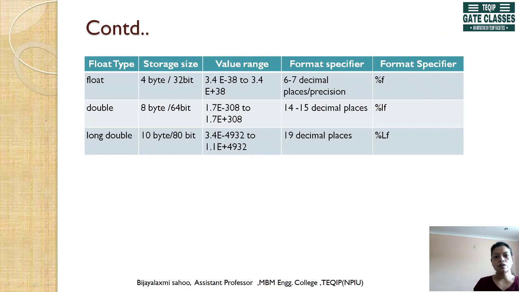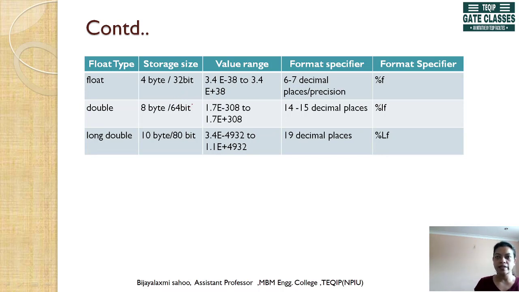Next, float is another basic data type. Okay, so your float occupies 4 bytes. So 4 bytes means it is 32 bits. So this is the storage. Floating point number, you all are familiar with floating point numbers. That means the decimal point floats.